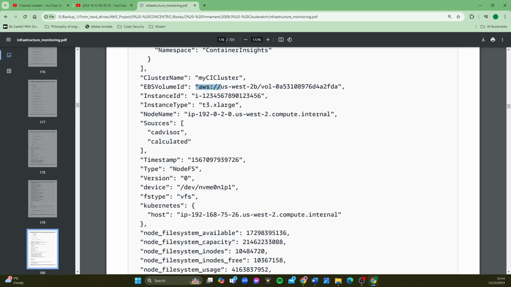aws://. You don't often see that. This is a schema. This part before the colon and the // is called the schema. us-west-2b, that's an availability zone. /vol-0a53 and so on. So usually when we talk about IDs of resources, like an instance ID, it's a few letters, then a dash, and then a series of letters and numbers. So I'm not sure if this whole thing is the EBS volume ID or just this bit, but anyway,